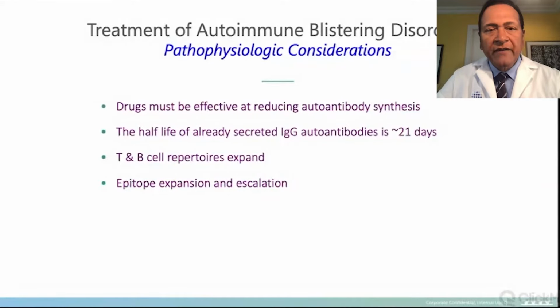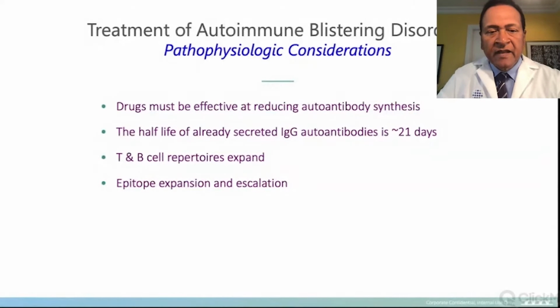Also, we have to understand that to treat disease, a number of factors should be considered. Drugs must be effective at reducing autoantibodies and antibody synthesis ultimately. Remember that the IgG half-life is about 21 days. And as the disease progresses, T and B cell repertoires expand, leading to more epitope expansion and escalation that can